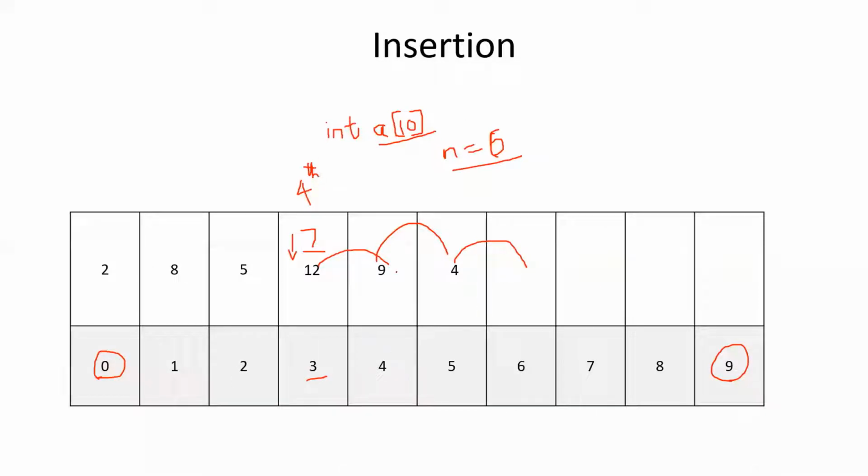So what are the other things which you have to keep in mind? n will always be referring to the number of elements, right? Number of elements which are present in this array. 10 is the size of the array. Listen here, when you declare the array, you will be giving 10 as the size of the array, but the number of elements which are present in the array is indicated by the variable n, right? Here we have 6 numbers. That means index number starting from 0 to 5. Got it? Number of elements, if it is 6, we will be having the values from 0 to 5 because starting index is 0, then last index number will be 5.